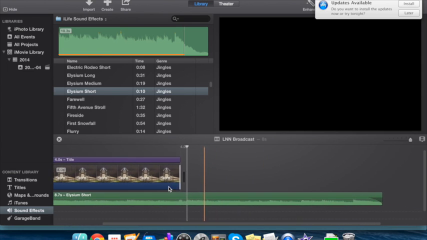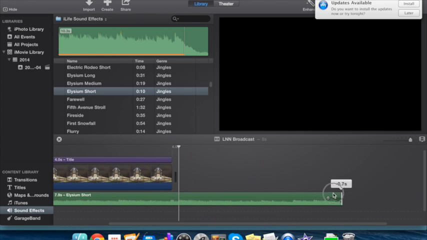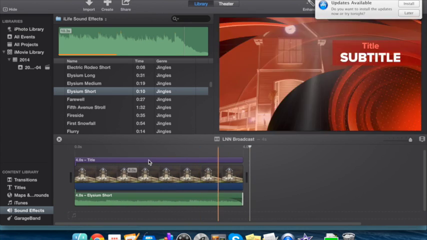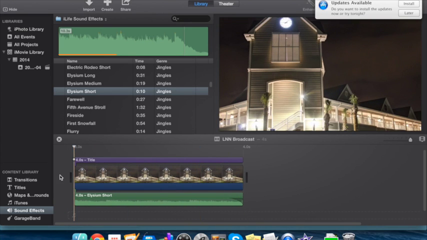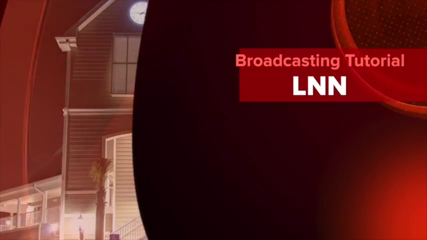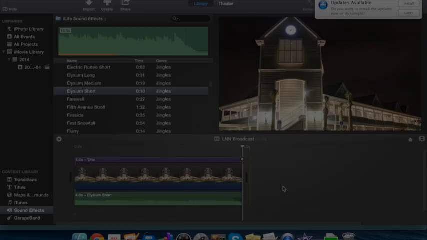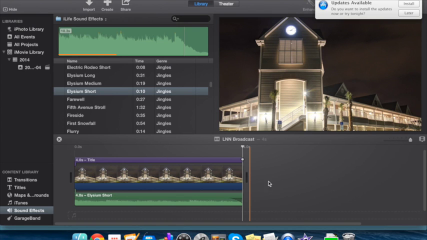So I'm gonna grab this audio sound effect and just shorten it. So now it's right with our title. So I'm going to play an example of our title right now. Okay, so now you've seen what it's like, but